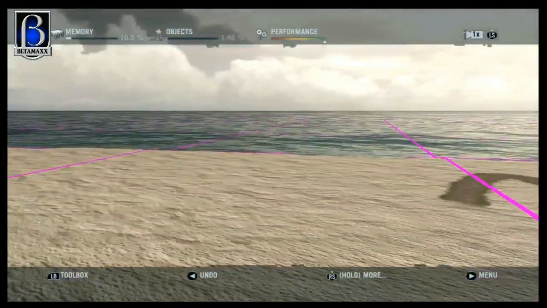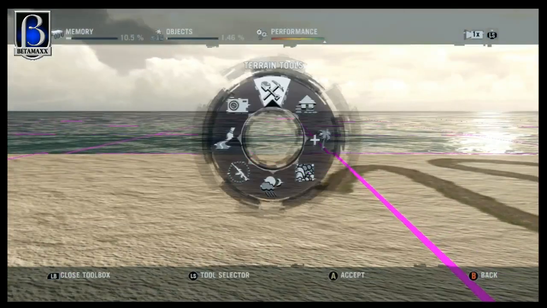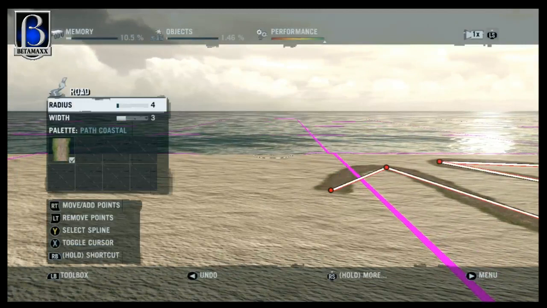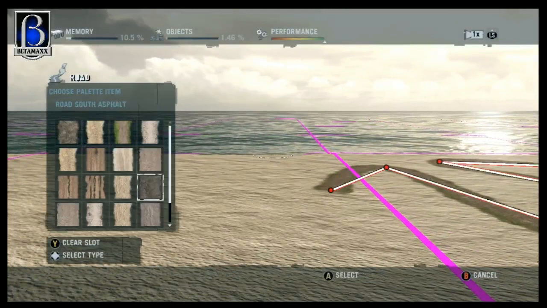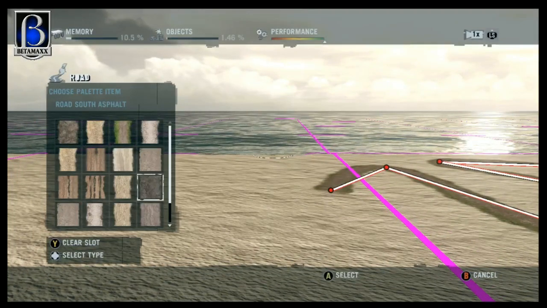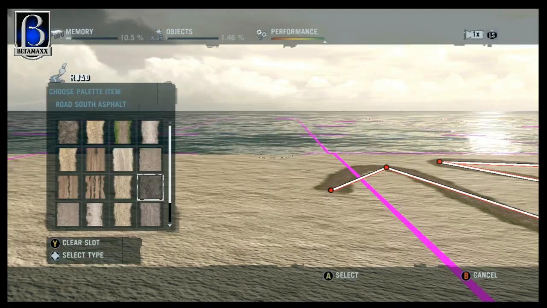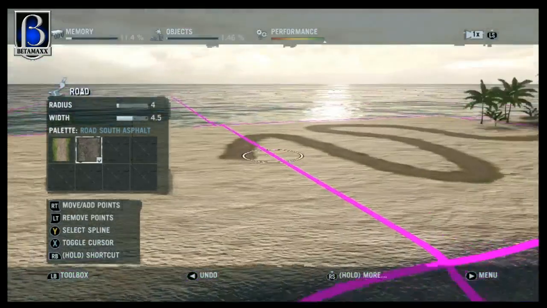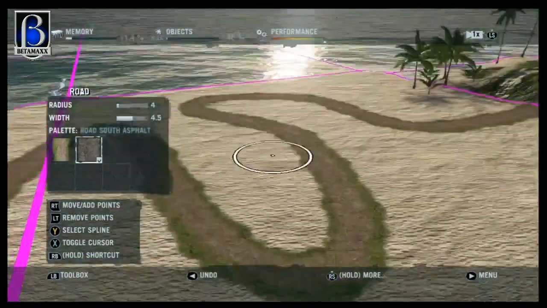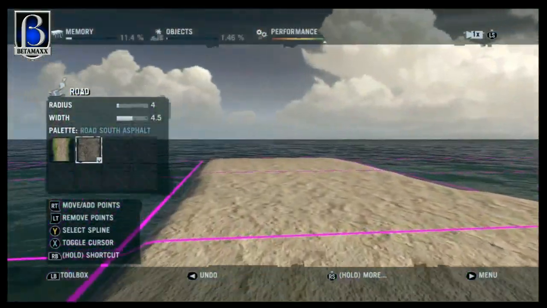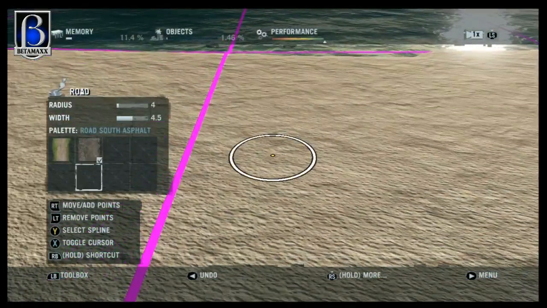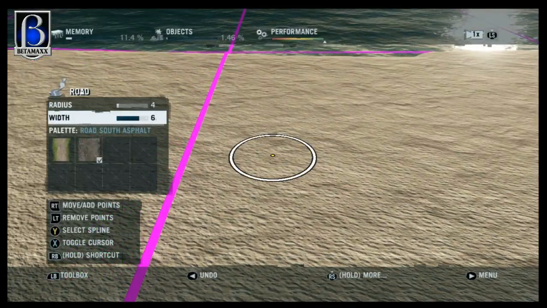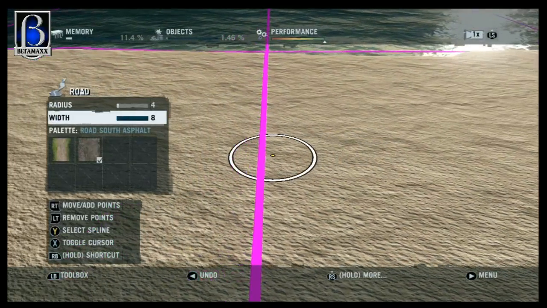So with your different styles of paths and stuff, one of them that you've got is the asphalt, which I really like, because it does enable you to make some good quality roads. So take that. You see that we've lost all control over on this path now, so we'll just come down over to here. With it being a road, I always think that it should be maximum. So if we're putting a first point,